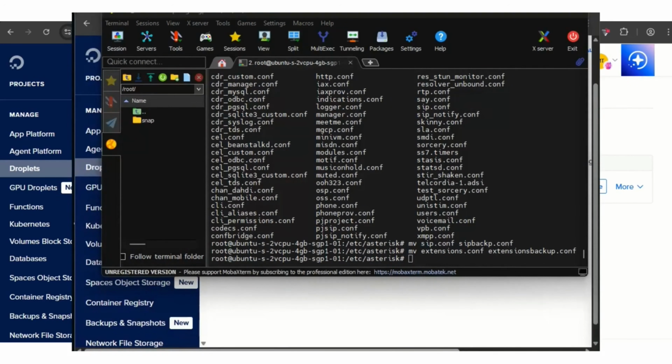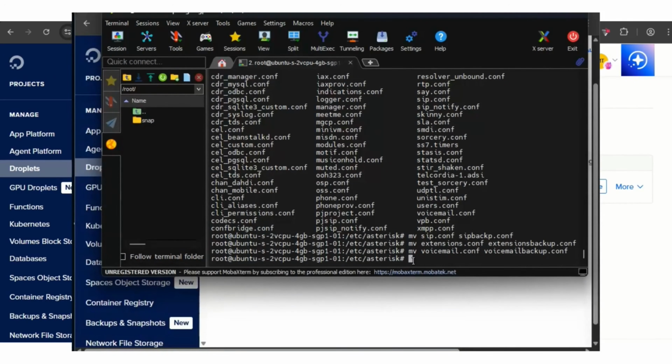I'll be giving you what to paste inside of the new file we'll be creating. So voicemail, and I'll put that, and I'll go back here and add backup, and I'll hit enter. So let's create those files we renamed, because that's the easiest way. If you try to delete everything inside the other one, it's going to take you a lot of time. So I'll use touch